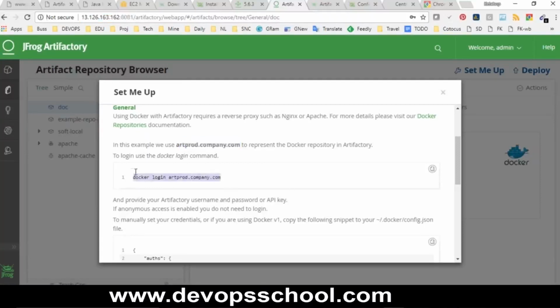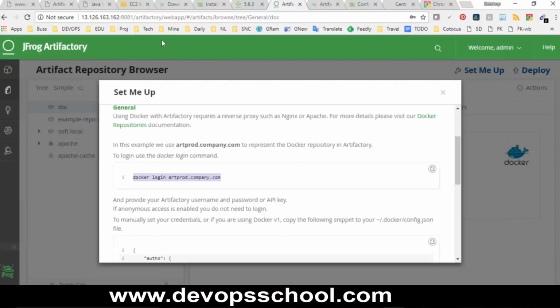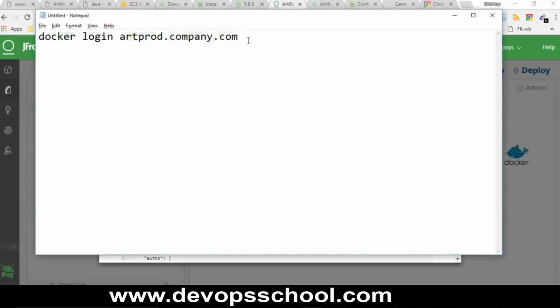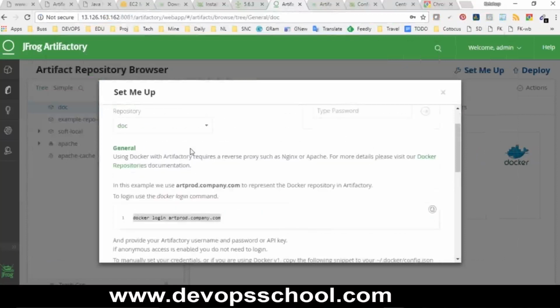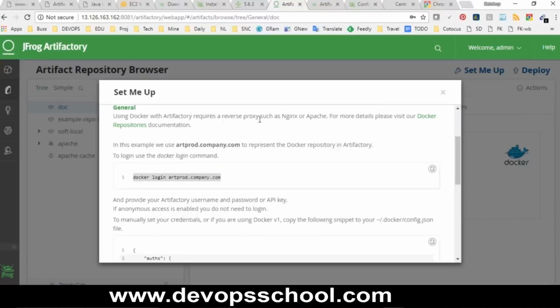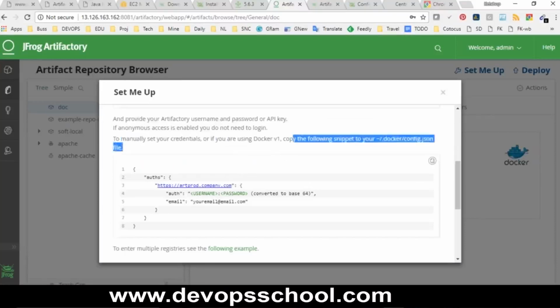Okay, so let me put it like this. Notepad, and very simple actually. Do you know how to create an image? Yeah. Wonderful. Then I think this is the only command you will be having. So let me just verify. Using Docker requires reverse proxies such as Nginx or Apache. For example, repository. In this example, we use it to represent the Docker repository in Artifactory. To log in, use the docker login command, provide your Artifactory username or API key. If anonymous access is enabled, you do not need to log in. Manually set the credentials in your